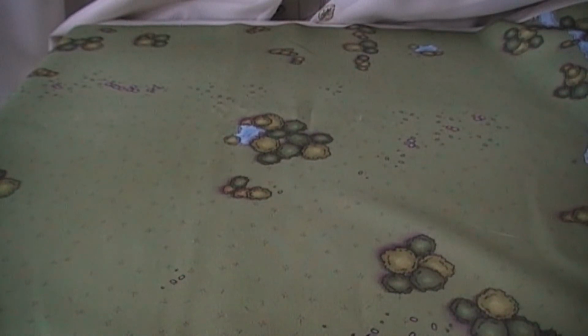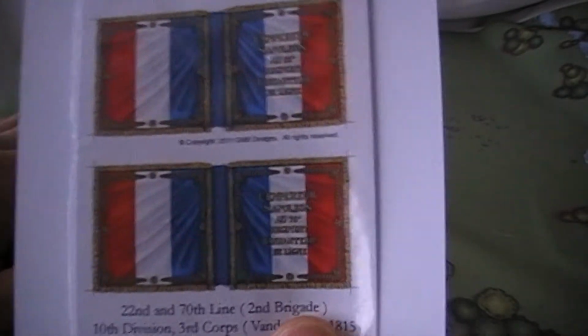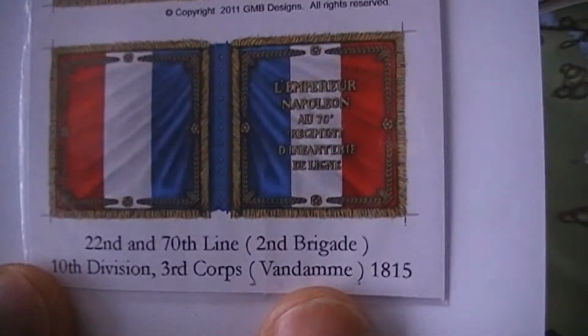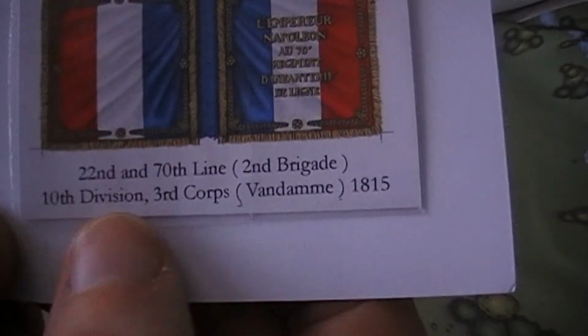Okay, so that's those. Other thing, right, so starting to go into the stuff that I've acquired. I've picked up one more set of flags. These guys, I only really need one of them, but it does give me the option to have another French battalion. So here we have the 22nd and the 70th, and just out of fluke, this was the division that I chose, the 3rd Corps, which strangely enough